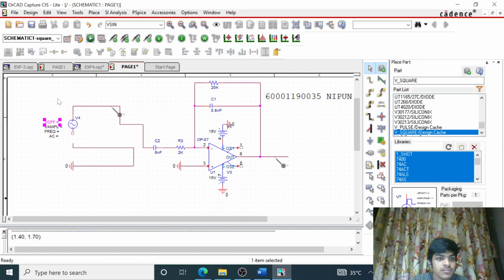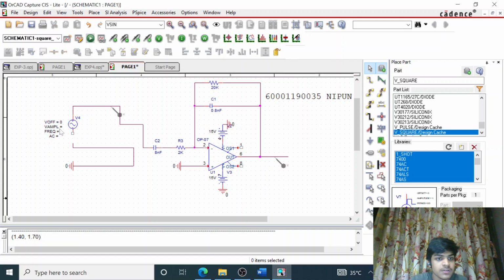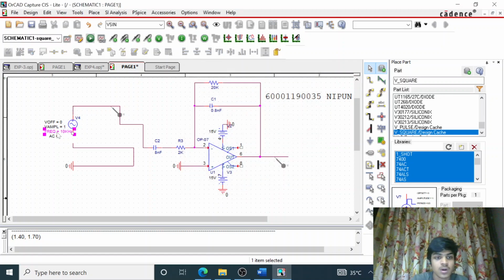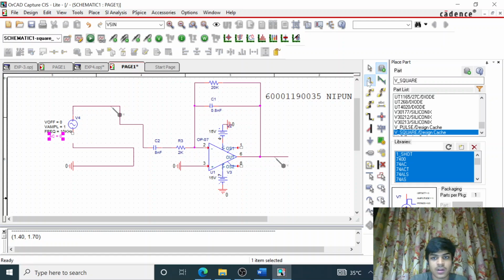I'm going to give the parameters V offset 0, V amplitude 1 volt, frequency 10 kilohertz. This time I'm going to keep it at 10 kilohertz to show how we get a good gain at higher frequencies. I'm going to connect it appropriately again.